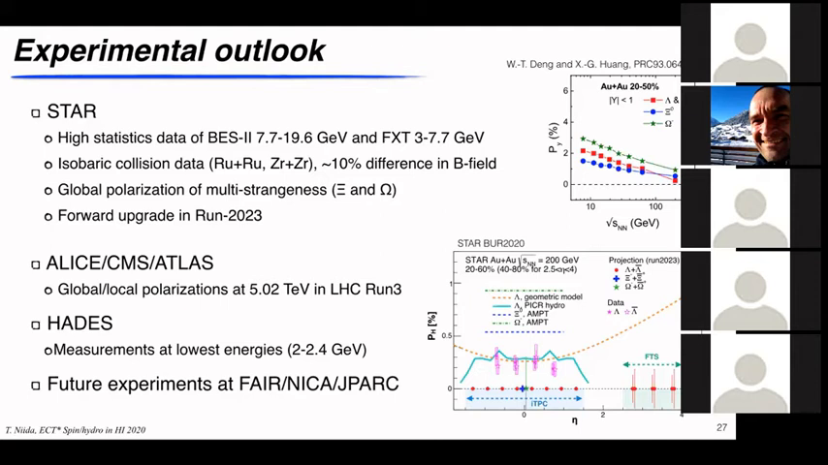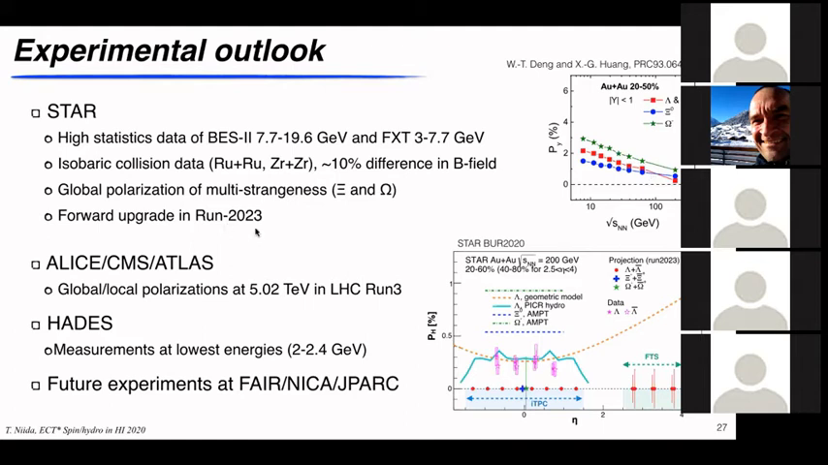And we also have the isobar collision data, which is expected to have a 10% difference in the initial magnetic field. So it might be interesting to look at the lambda and anti-lambda splitting. We are also working on the global polarization for multi-strange particles like Xi or Omega. There is an interesting prediction in this paper that there might be a spin or mass ordering of these particles in the polarization. And STAR is also planning a forward upgrade, especially in the